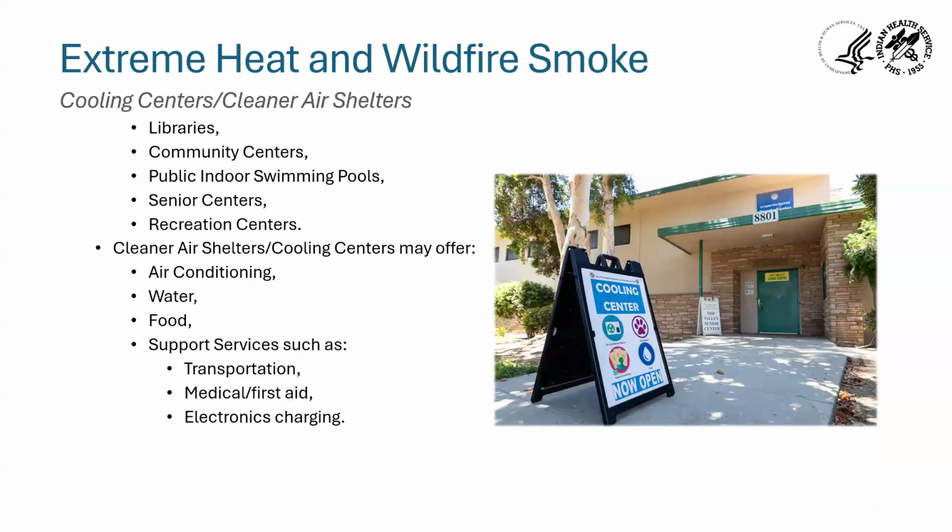So again, for extreme heat and wildfire smoke, it's a good idea to work with your communities to open up a cooling center or a cleaner air shelter. These are usually at public facilities like libraries, community centers, indoor swimming pools. And they should have access to air conditioning, food, water,